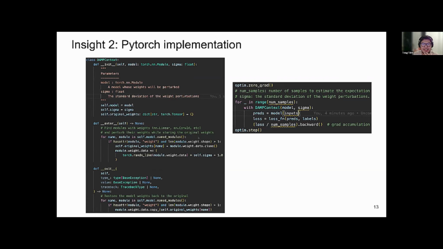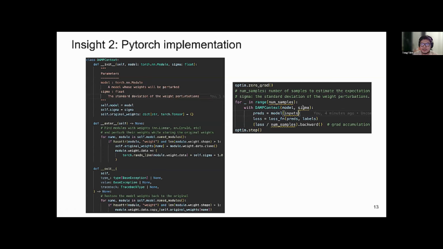When we enter the context, we basically store the original weights in some dictionary, and then we perturb the weights using some random Gaussian noise. As we exit the context, we restore the weights of the neural network back to the original values. And that is on the left-hand side.